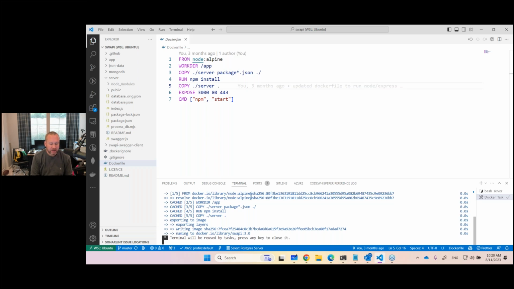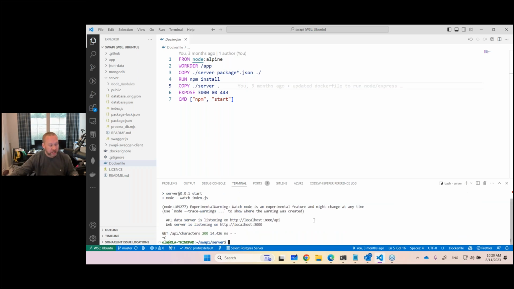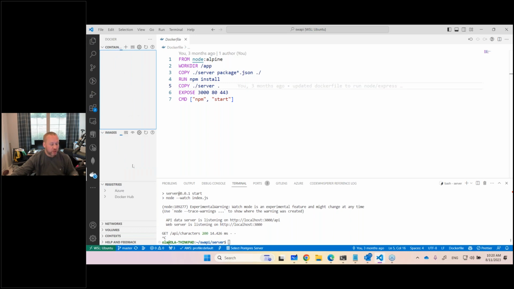Now, this image, it's done. This is a very, very trivial image, so it's built very, very quickly. If you have more complex image builds, this can take a little bit longer to build, but this is a pretty quick one. Once this image has been built,